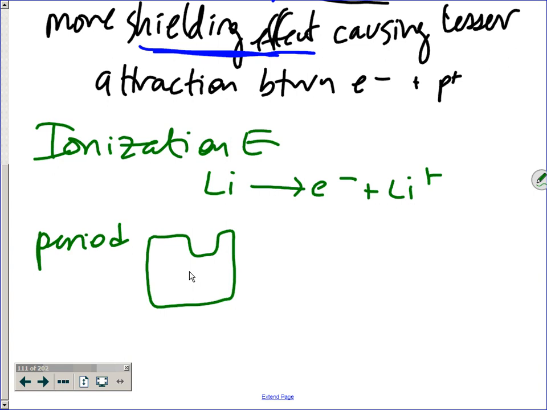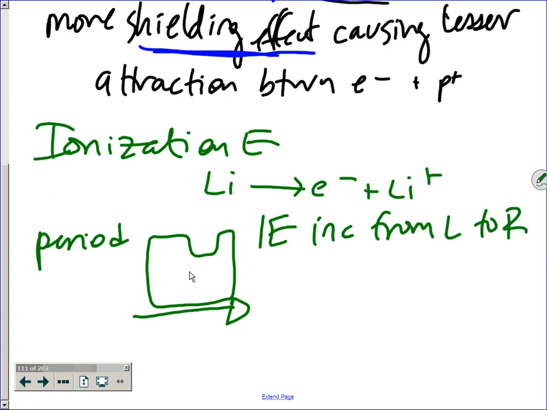So ionization energy increases from left to right or right to left? Left to right. So that's this way, okay? So the trend was increasing this way. There's a reason why, okay? So ionization energy increases from left to right because,